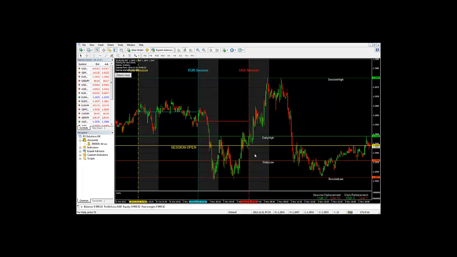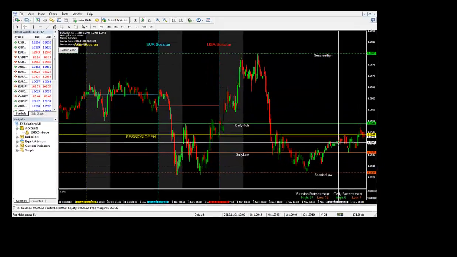Once we reach that level, it becomes very difficult for the euro to continue moving higher or to continue moving lower once it's reached a 200 to 220 max price. So what we like to do is calculate this from the start of the new session. For example, at 1700 hours, which would be approximately here for today, at 5 p.m., the price was approximately